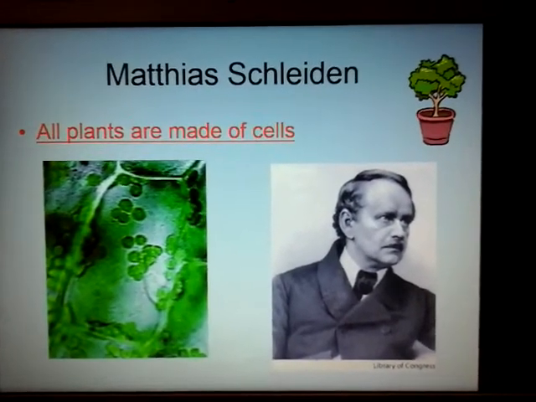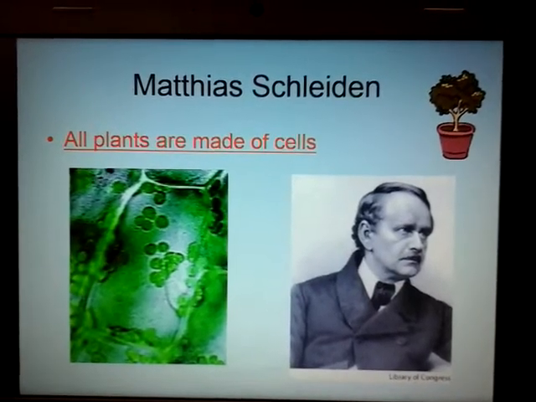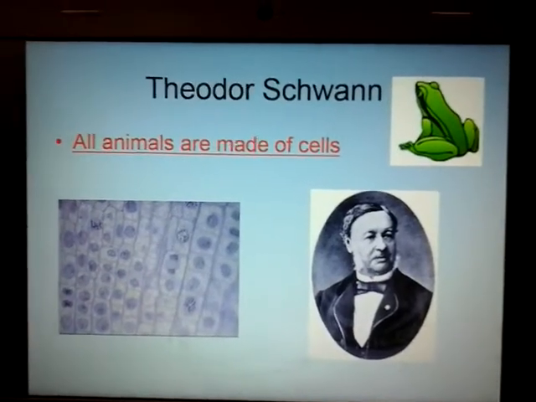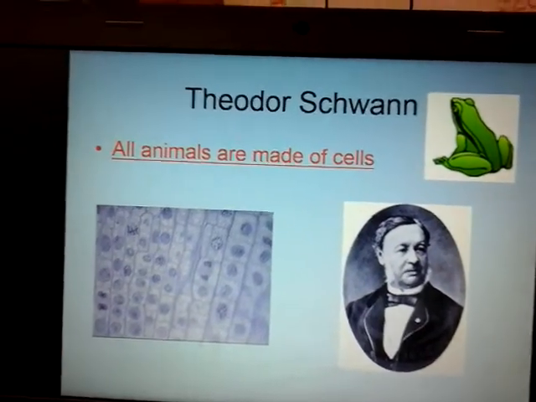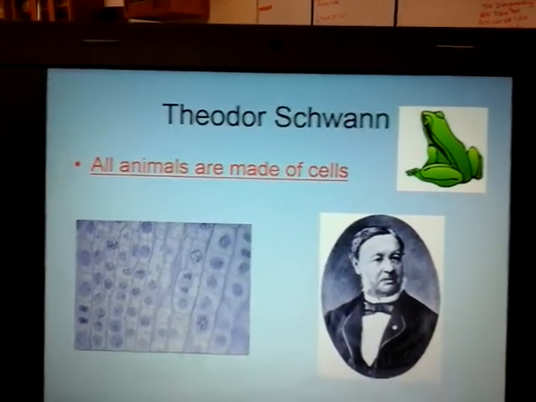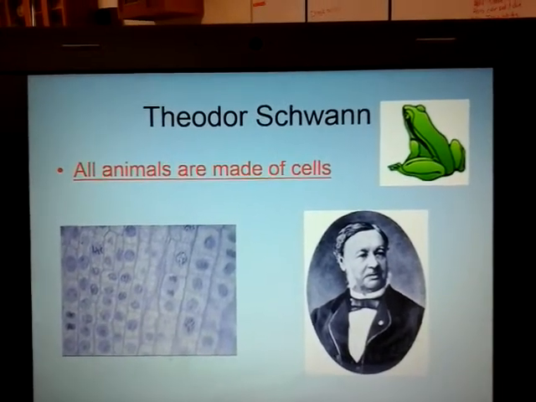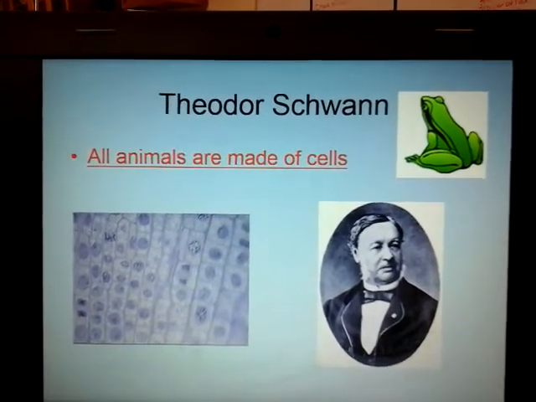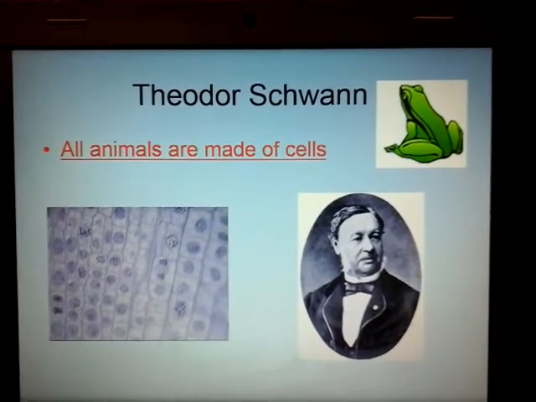And Schwann looks like a swan. And a swan is an animal. So, Mr. Schwann is the first person to say that all animals are made of cells. Okay? And again, to you and I, that's common knowledge. But remember, when you were in kindergarten, you didn't know what a cell was. You've learned it through time. Well, somebody had to come up with that, and this is the first gentleman to publish that all animals are